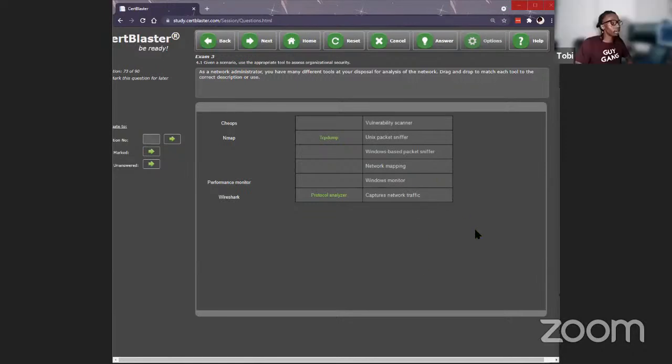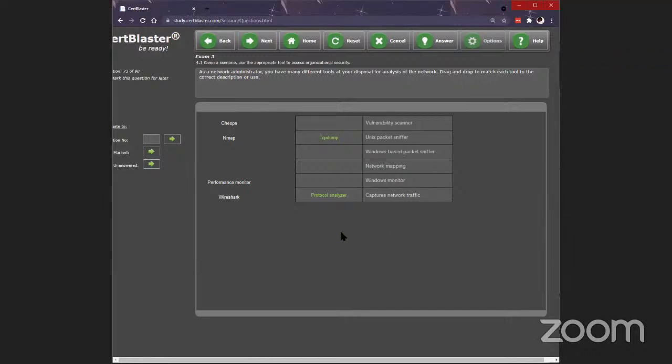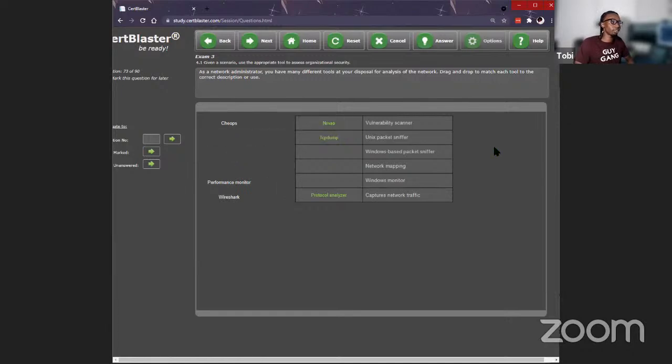Not necessarily. There's something else that's better for network mapping than Nmap. That's here. Oh, the vulnerability scanner. Nmap has a bunch of scripts that you can use to scan for vulnerabilities. Now I'll try to show you that before we get off.